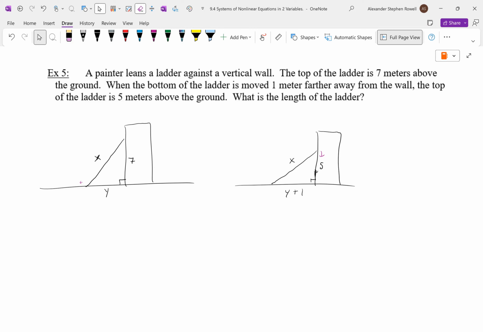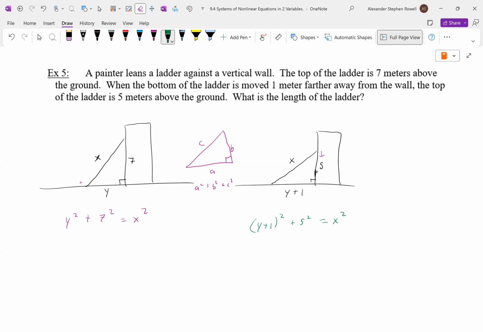Okay, how do we set up a system of equations here? What equation relates side x and side y? A, B, C for right triangles? What is that theorem? The Pythagorean theorem. A squared plus B squared is equal to C squared. Does that sound familiar? Okay, so in this case, which is our C? That's important. The other sides aren't so important. So y squared plus 7 squared. On the other side, C is x, so x squared is equal to (y plus 1) squared